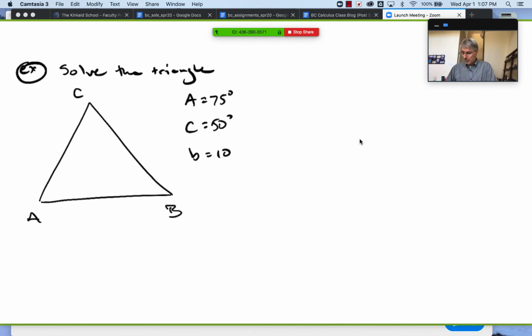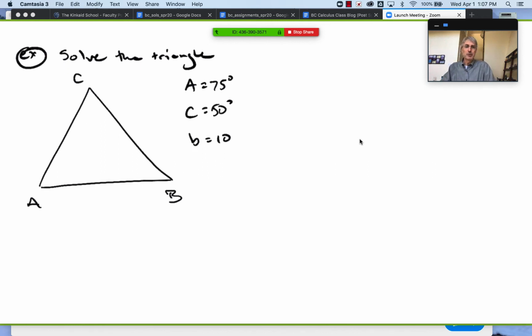So we'll work a couple problems here, solve the triangle using law of sines or law of cosines. I'm starting here, I'm given some information. I've got two angles. A is 75, that's given. C is 50 degrees, that's given. And side B is 10, that's given. So first I want to recognize that the information I'm given is angle, side, angle,